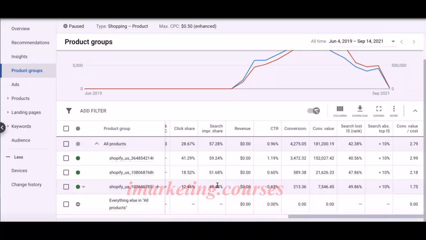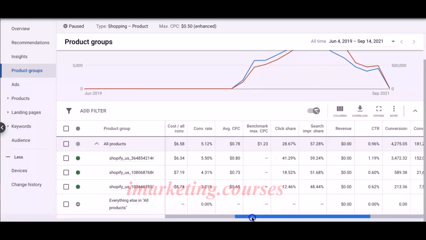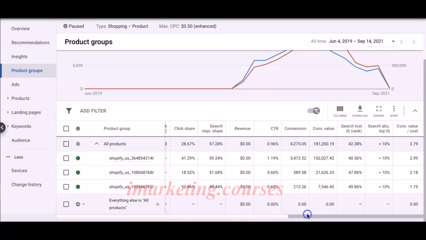But ideally, you want 50% or higher on your search terms, but you also don't want to look at just one piece of data, right? You want to look at the whole picture, okay? As long as you're getting a good amount of impressions, your cost per purchase is profitable, your ROAS is profitable, then that's all that really matters, okay? Because you could have a low click-through rate, but still be converting in high amounts, and your conversion rate is high, which would increase your ROAS and also decrease your cost per purchase,